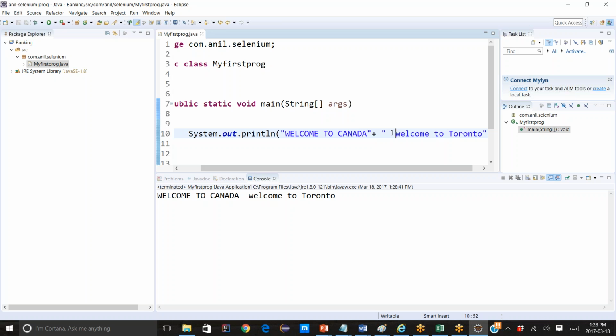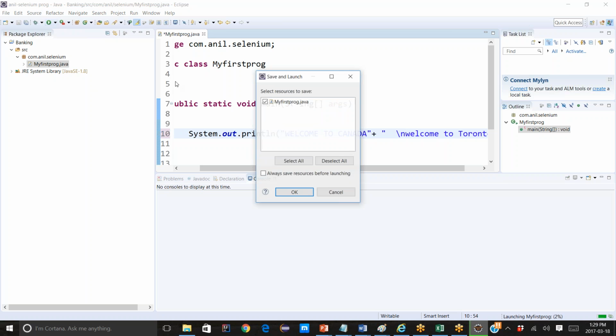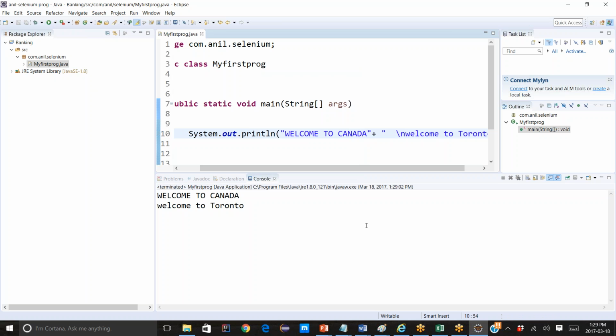There is a backward slash and forward slash, you know that, right? I need to use a backward slash n. If you use a backward slash n, it will print on the next line. That line should be printed on the next line. See here, look at that. Welcome to Toronto. I want this to be here. So make it as